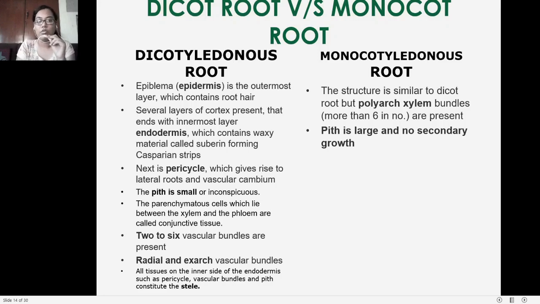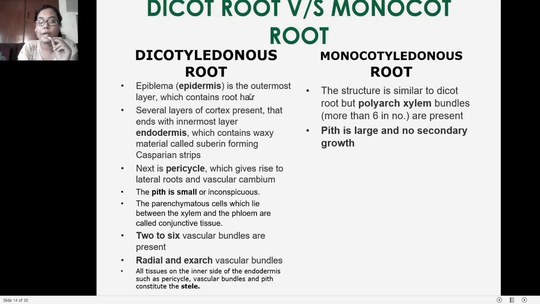Anita Shur. So now today we will be doing part 2 of this chapter, anatomy in flowering plants. In part 1 we have done till the tissue systems. So in part 2 we will be starting from the comparison between different parts of the plant in dicotyledonous and monocotyledonous plant types. Okay, so starting with the roots.